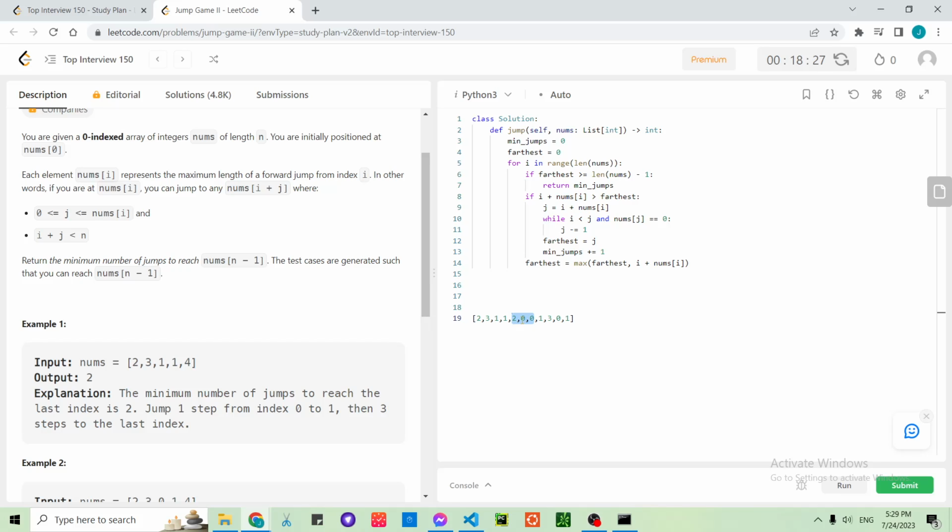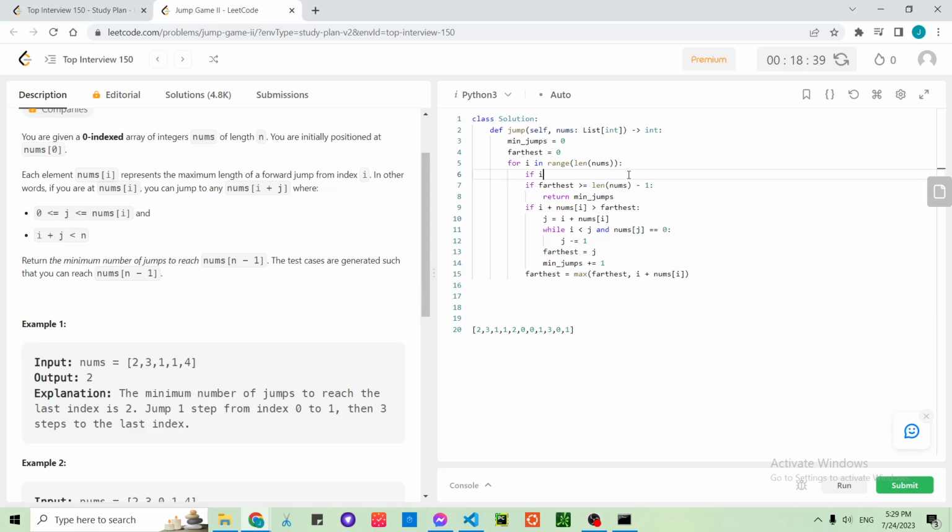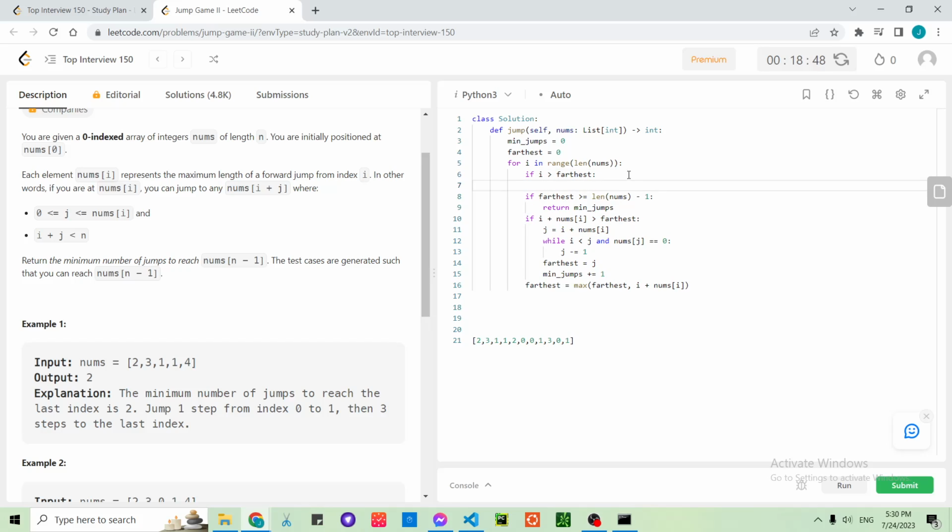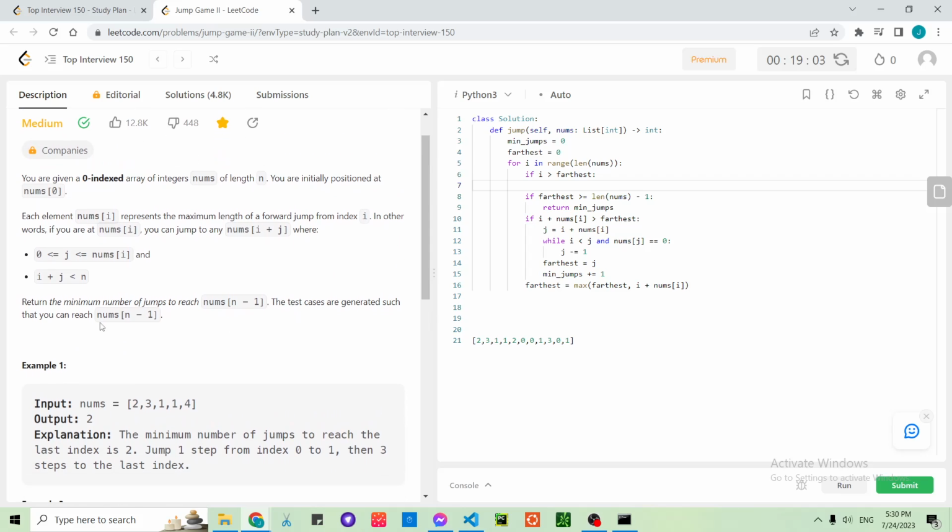we have 0 and farthest, we have if I, so oh wait, okay, so we don't even have these cases because oh my dinner's ready. It's beeping. Okay, so we don't even have these cases because it's guaranteed that we will reach the end. Yeah, so we can ignore that, but just in case we do have those cases, what we would want